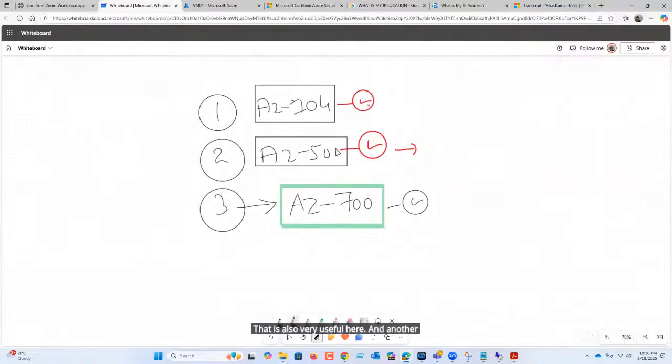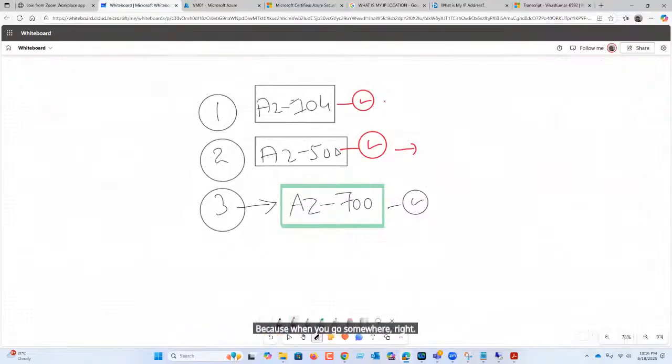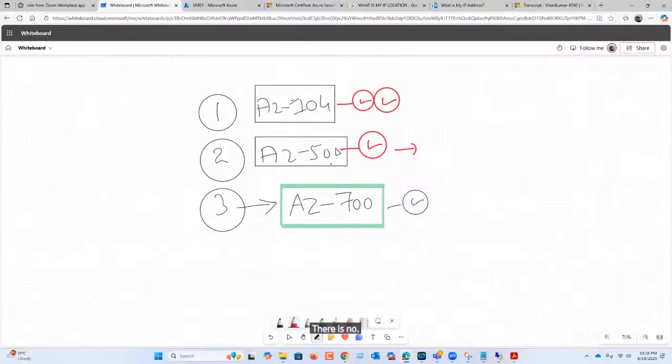Another important reason, not from a sales perspective, just leave it: when you go somewhere, most of the questions they will ask you from the admin track also, to some extent. Because interviewers never follow any basic rule. For example, I'm also a panel interviewer somewhere.